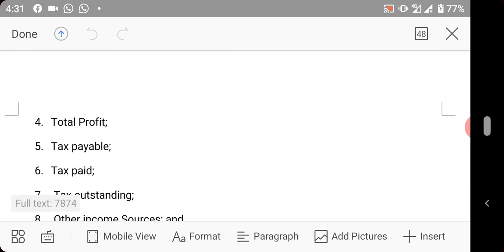So for you to file for a TCC, you must show your revenue for the 3 years, your assessable profits for the 3 years, your tax payable for the 3 years, and your tax paid and tax outstanding. Now, I've gotten a lot of questions from people asking me how to calculate TCC. I said, no, you don't need to calculate TCC. See, TCC does not have any calculations. All you need is the information.